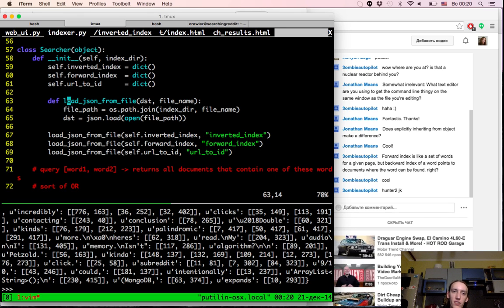We have this code. We have a JSON file. JSON works correctly. It correctly puts stuff to DST, I think. But here we have empty dicts. And the problem here is the way Python treats parameters. Basically,